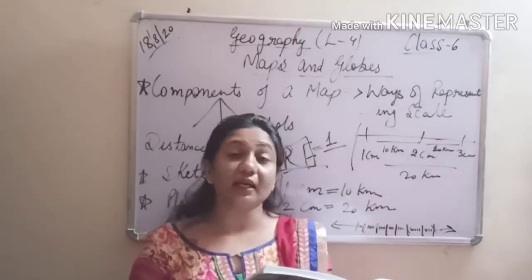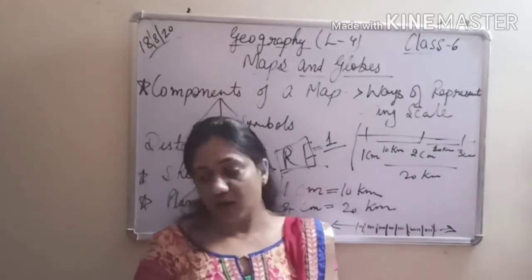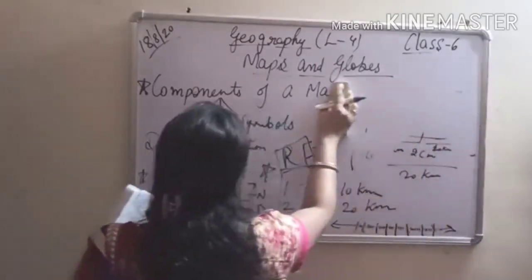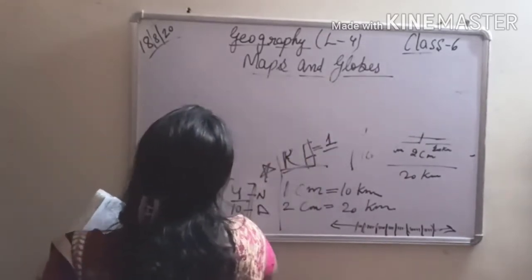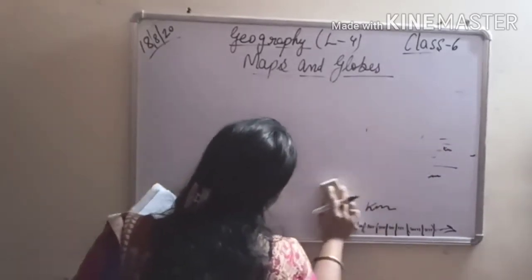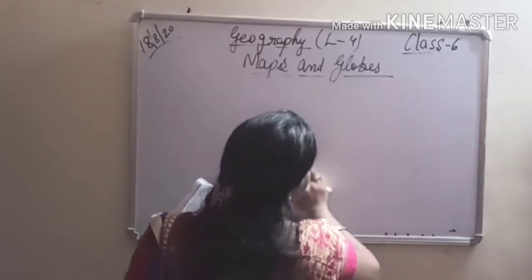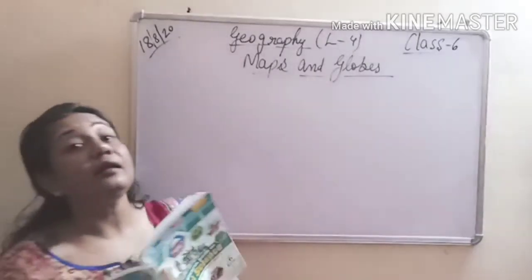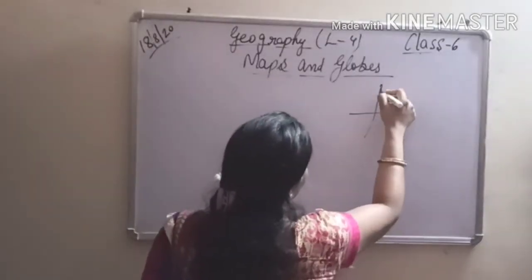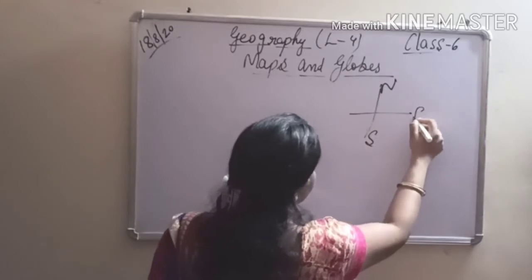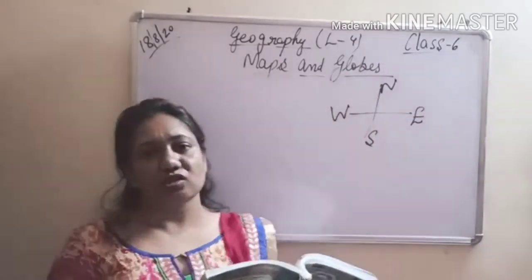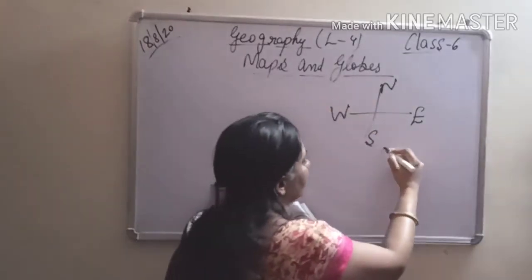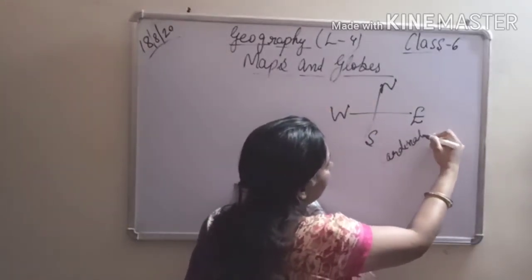Next you have the second one, that is direction. We have all done and learned about directions. How many directions are there? Can anyone tell me quickly? We all know we have 4 cardinal directions. In yesterday's video also we learned about the cardinal and intermediate directions. So we have the north direction, south direction, east direction and west direction. These north, south, east and west are known as cardinal directions.